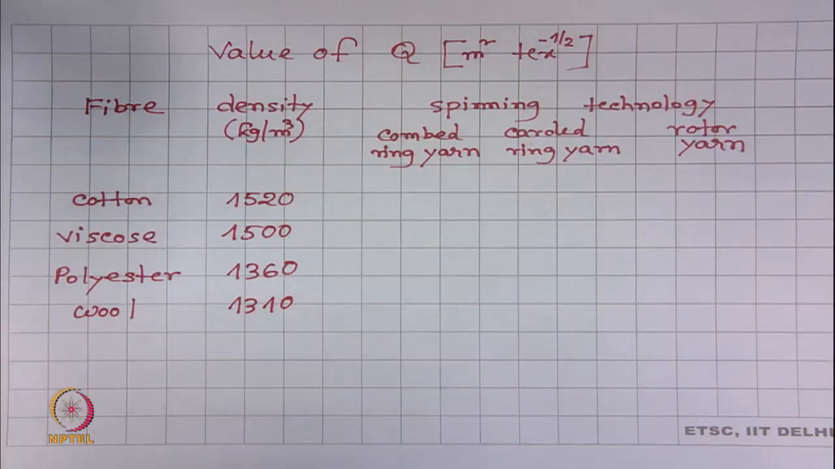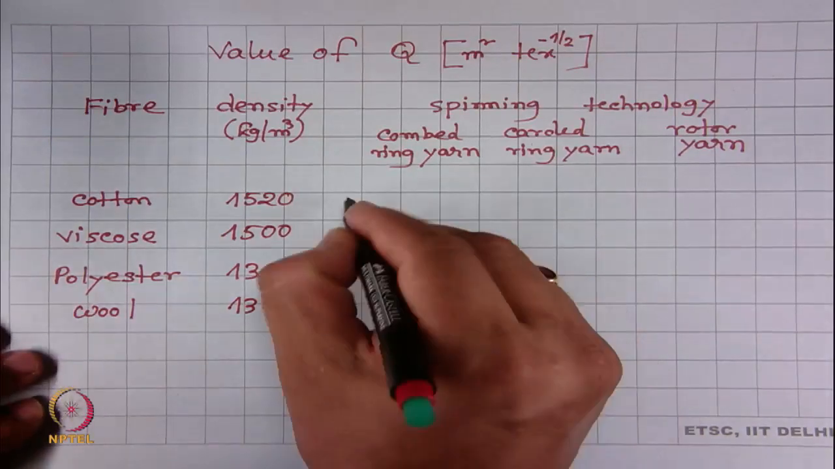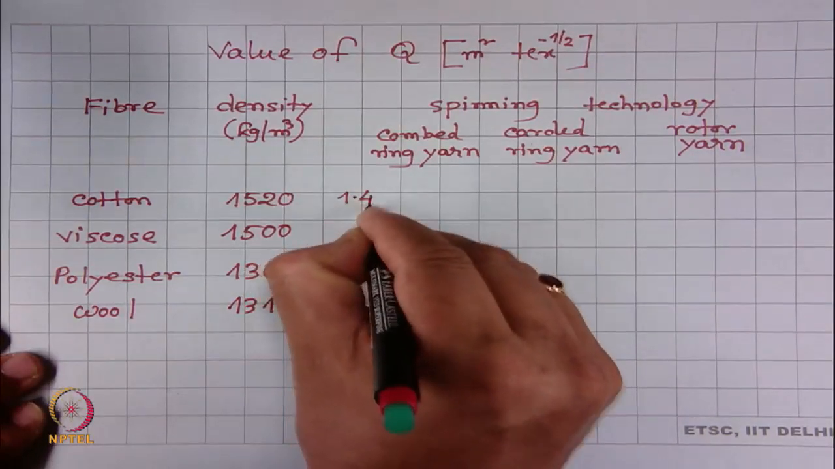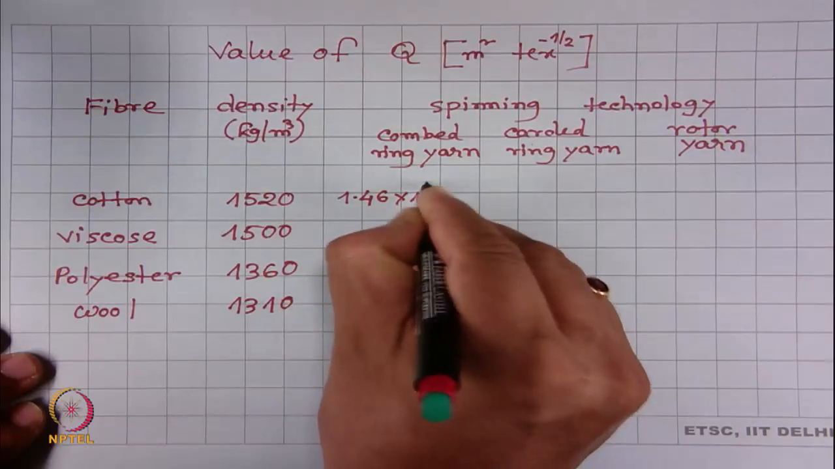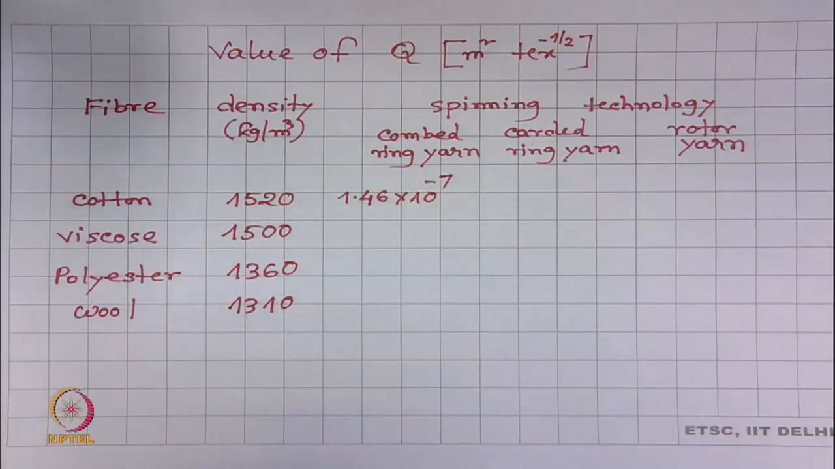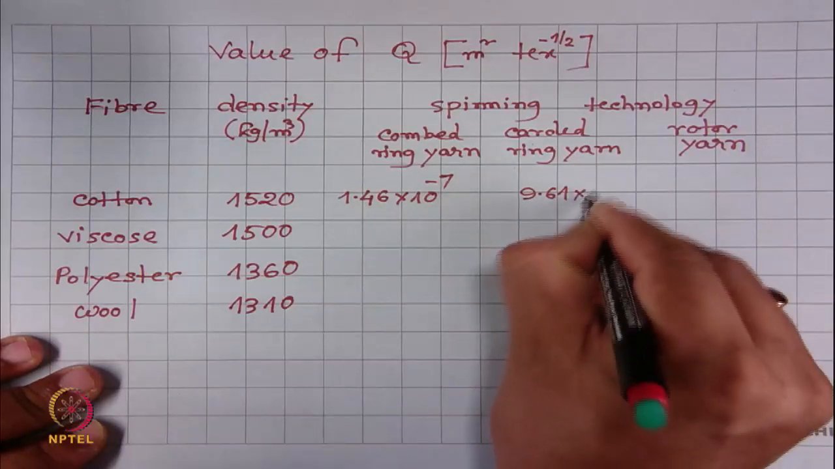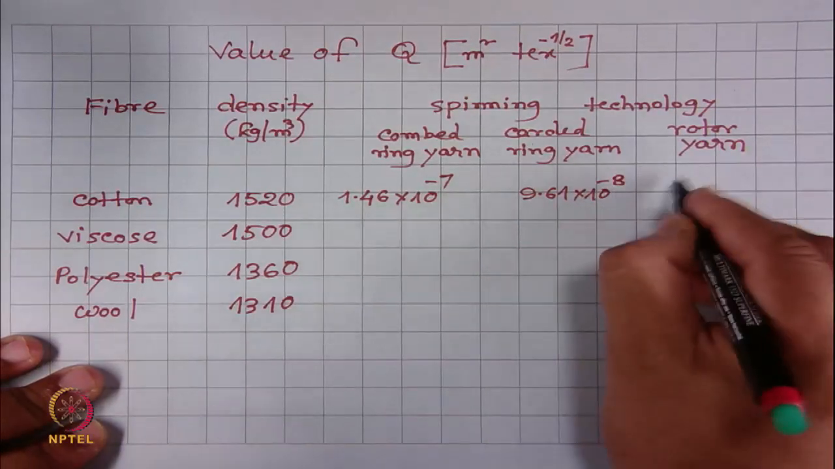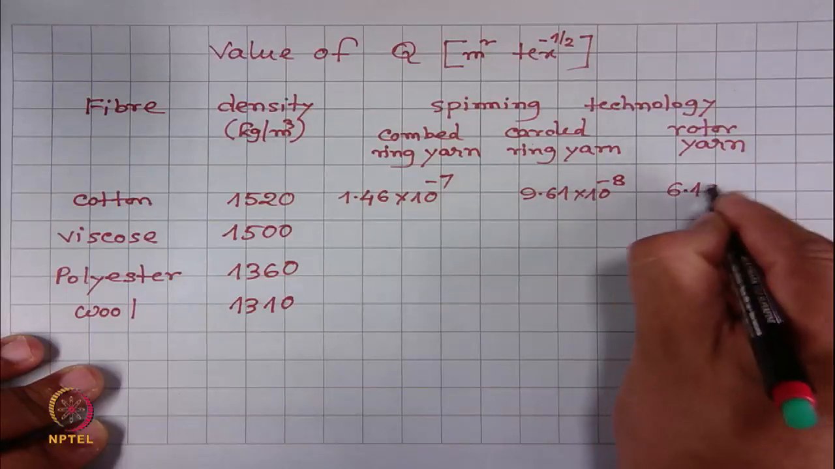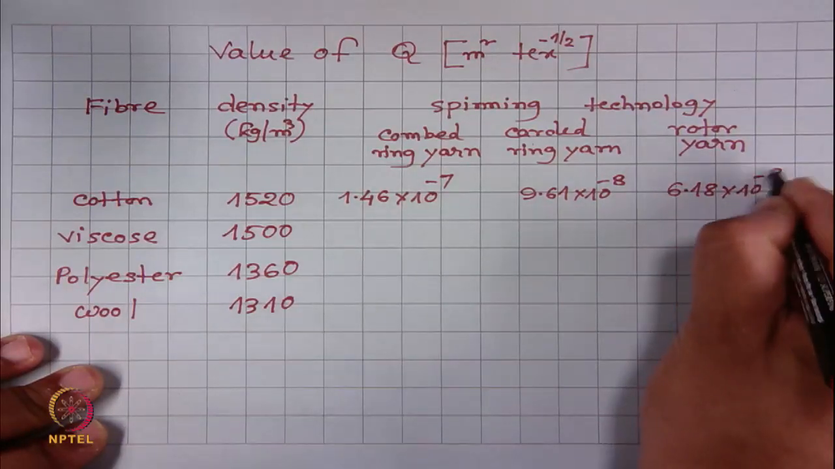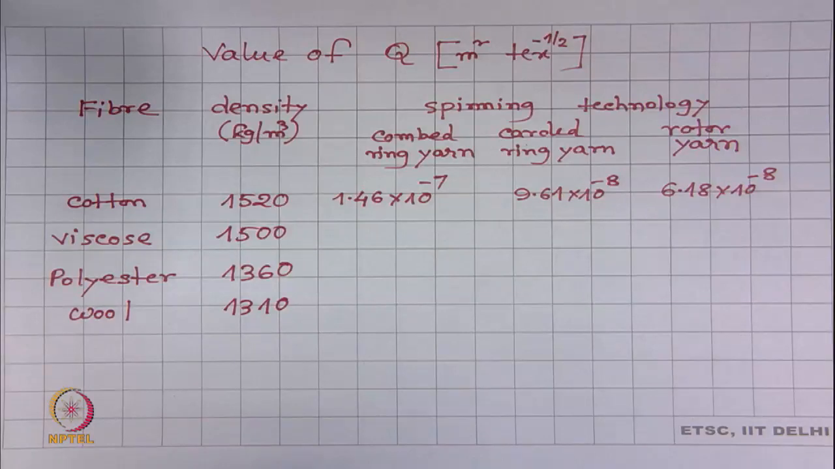The value of Q for combed ring yarn for cotton. This is the value of Q for combed ring yarn cotton. For carded, for -8, and for rotor 8, right. So, this is the value for